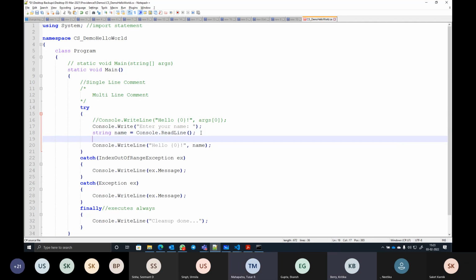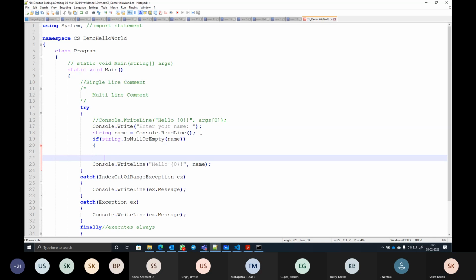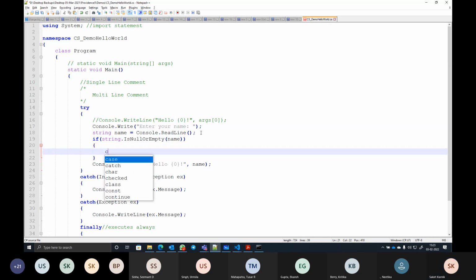How do I put validation? If else conditional constructs. Conditional statements. For an if statement where I say, in fact, string itself gives me a function called as IsNullOrEmpty. I pass name here. Then console.writeLine,